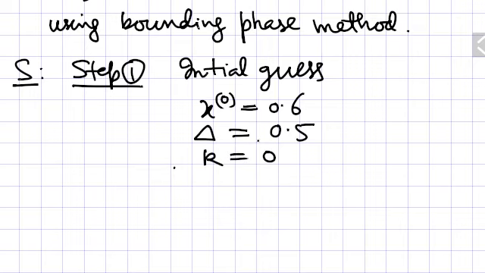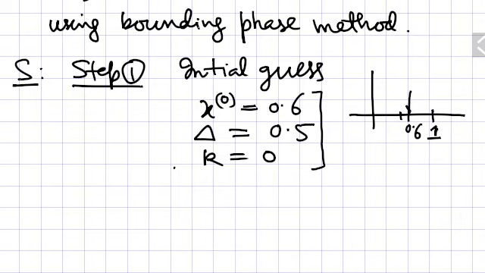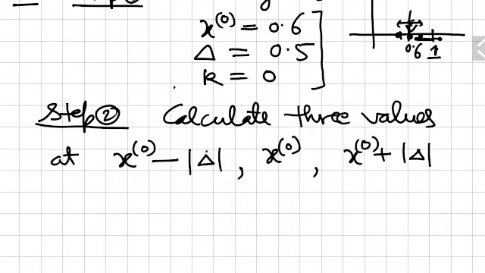And k equal to 0 has been taken. So these three values we have taken, or you can say that we are starting from here. Suppose this is 0.1, then this is 0.5, 0.6. We are starting from this point, and we are taking an increment of 0.5. Now we will calculate these three values. Okay, 0.5 means you will come up to here also. It will be 1.1. So this way, at these three points you have to calculate the value of the function.